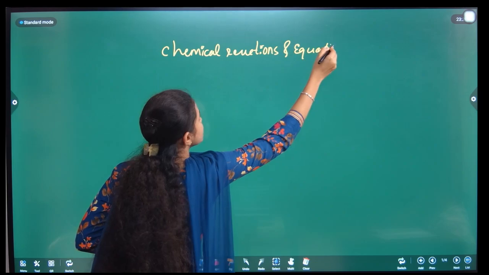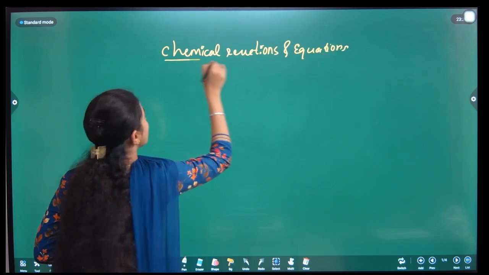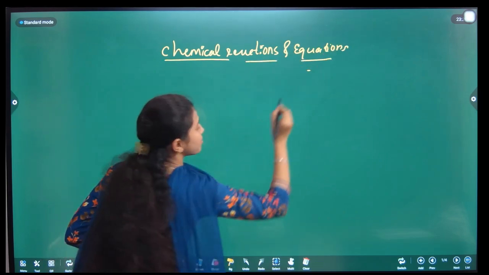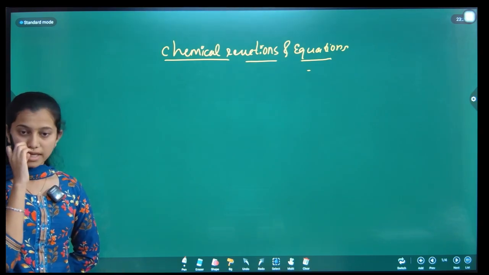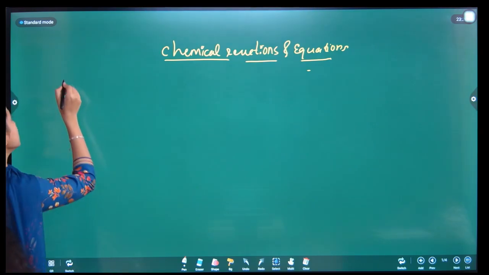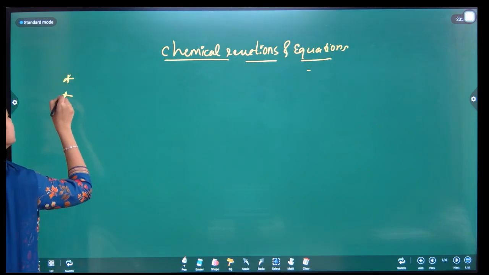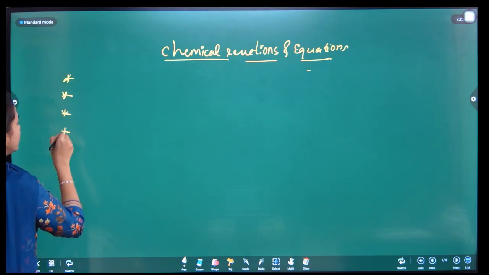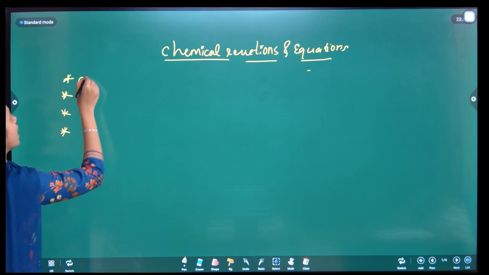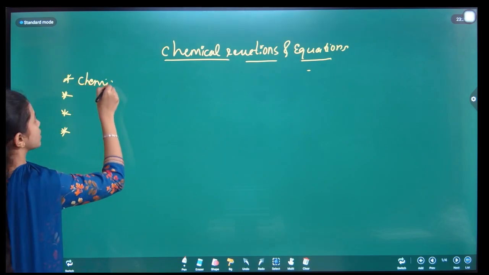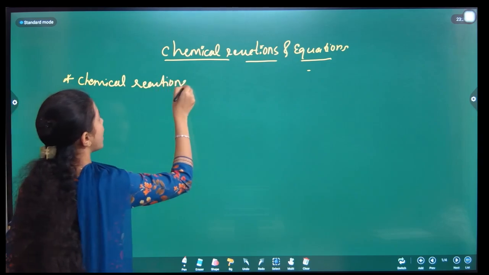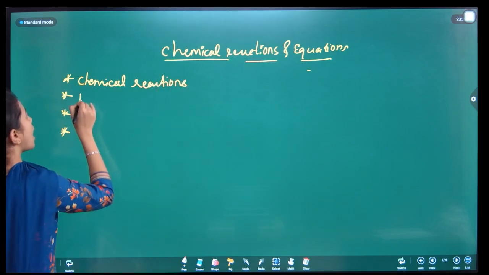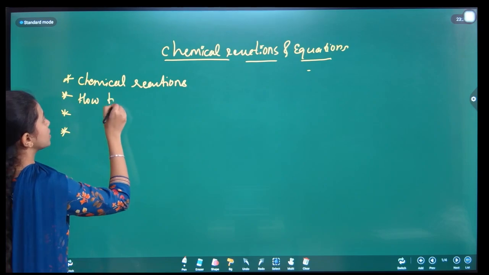So before going to start this chapter, we'll see what all the concepts you are learning in this chapter. Under this concept, you're going to study some observation things. First of all, you're going to understand what are chemical reactions and their examples, and the next one is how to recognize a chemical reaction,